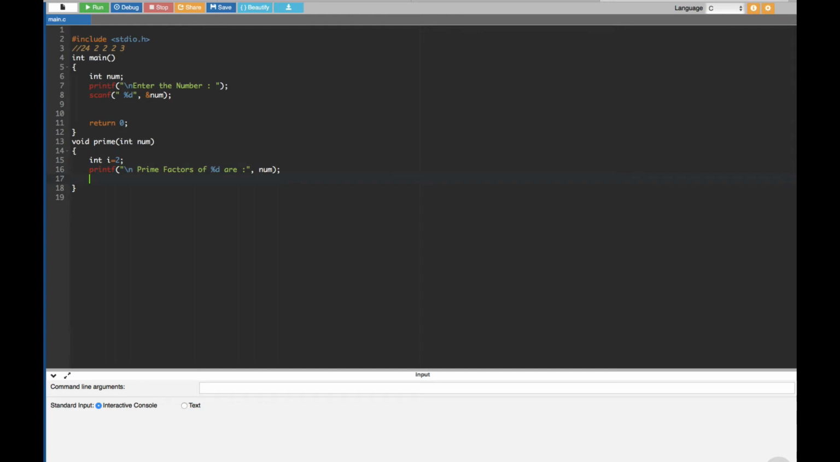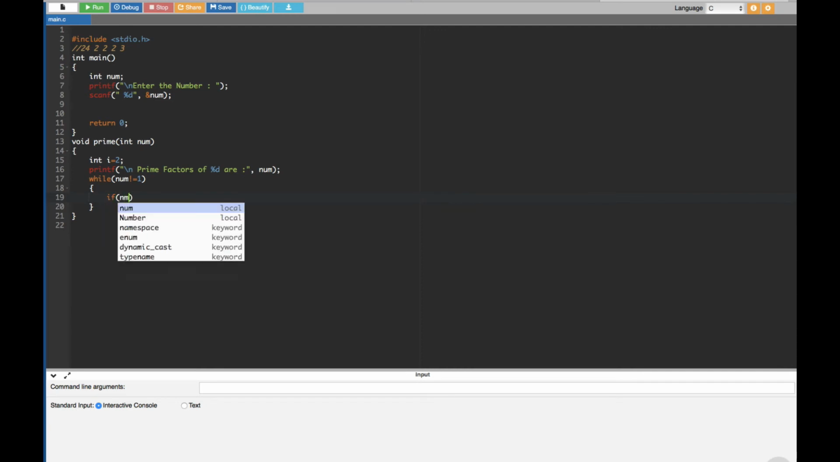Okay, the next thing is now we have to find out the prime factors. To find out the prime factors, first I'm using a while loop. I'm going to set a condition in this while loop that while num is not equal to 1, it's going to enter this loop, and here we have to do some operation to find out the prime numbers. First I'm giving the if statement. In the if statement, if num divided by i, if the remainder is 0, if the remainder of the division by i is equal to 0,